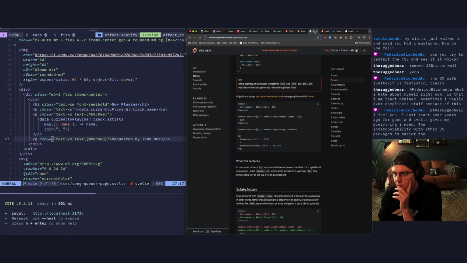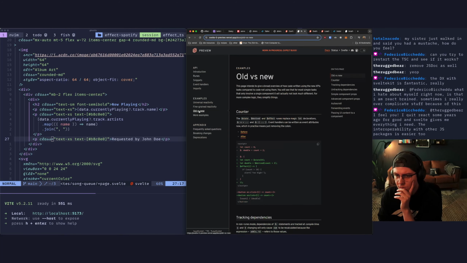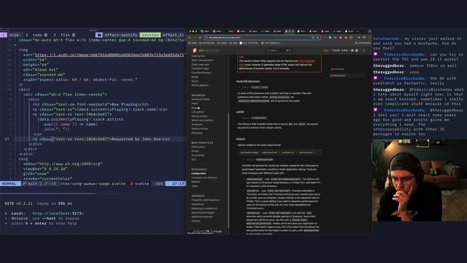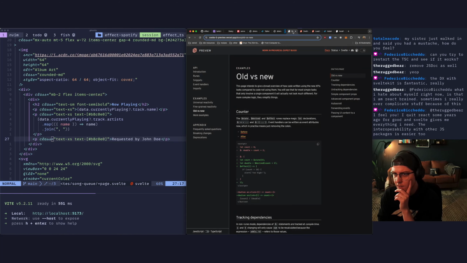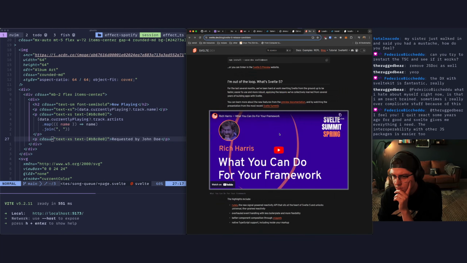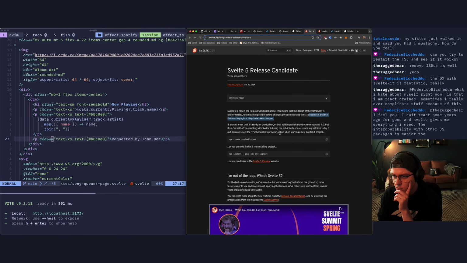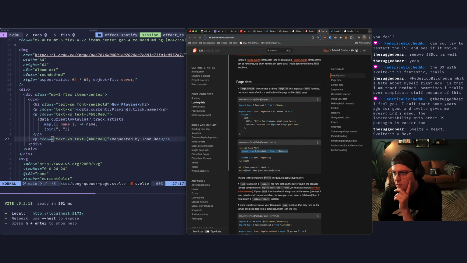So this is SvelteKit. Old versus new. How do I do conditionals? All right, we're still in SvelteKit. I need the Svelte docs. I just need the normal docs.